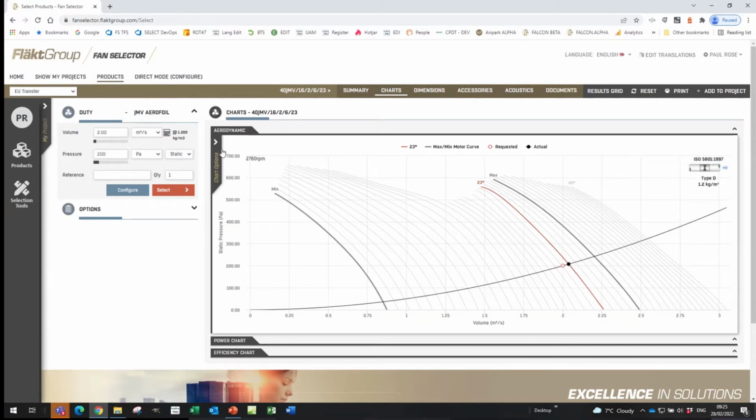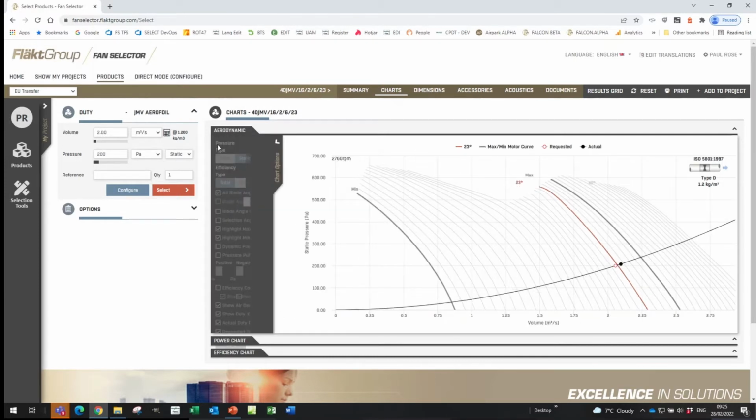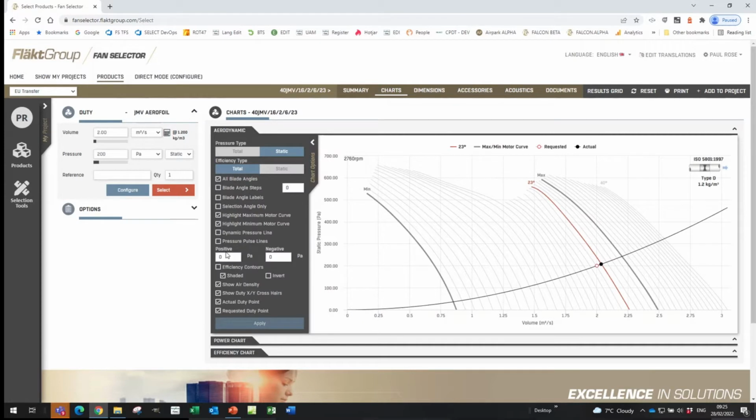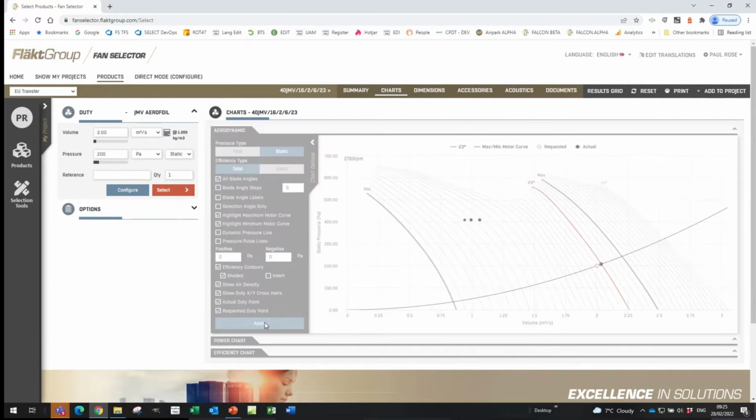Now, in this course, I'm not going to go through all the advanced details, but I'll just make you aware of this. The charts can be configured. So on the left-hand side here, you can see we've got this chart options tab. If I just press that, you can see here we can have all these different options to tailor how the chart is presented and displayed. Now, I've just been doing this as an example. So if I just turn the contours on and apply this,